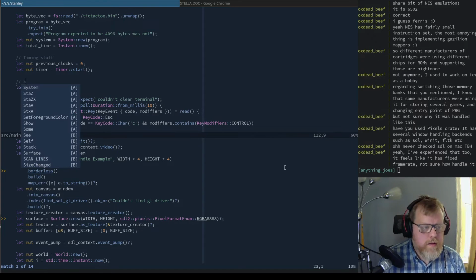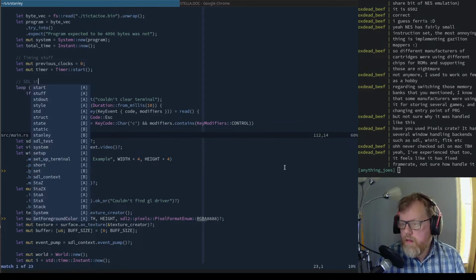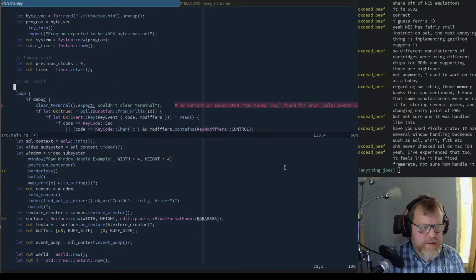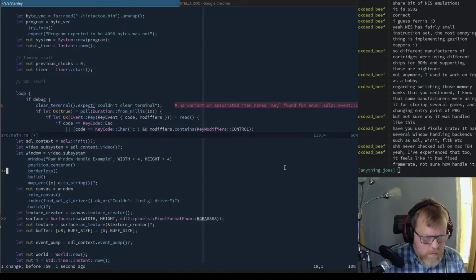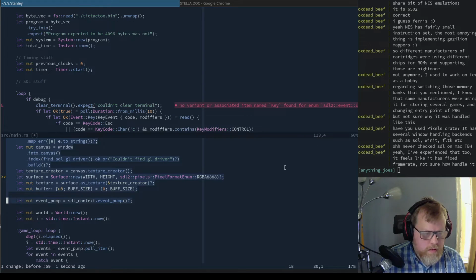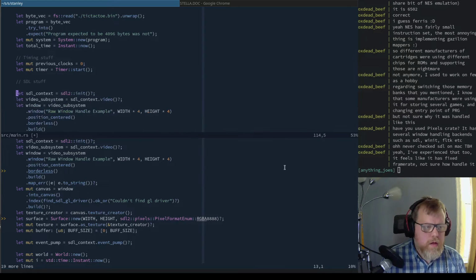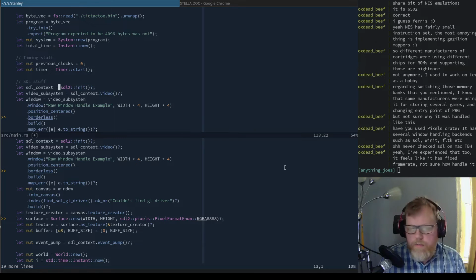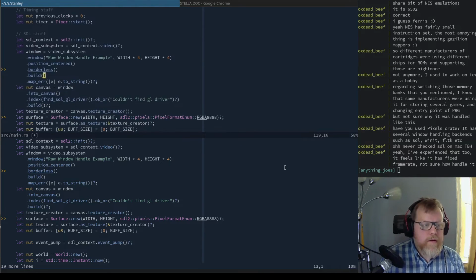Do this. SDL stuff, and I'll explain everything that I'm doing here as well as I can understand it. So we'll do through to the pop. Okay. So this is pretty self-evident. We do SDL2 init. The video subsystem is what allows you to create a window. We'll just say this is